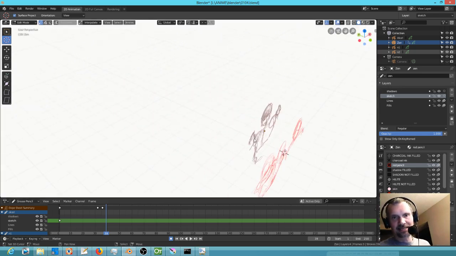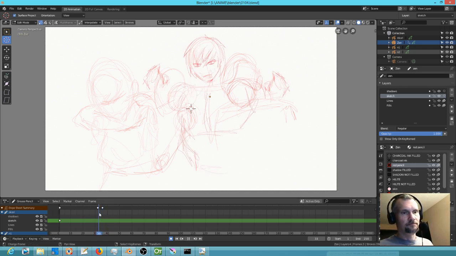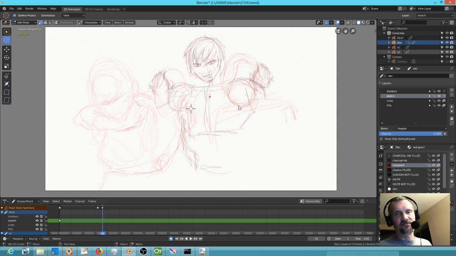See, his hands are not in fact in front of these guys. Now, of course, I could move them on the y-axis and then scale them down and put them in front of these guys, and that's probably what I should do, because what's going to happen is when I ink these guys and fill in all the colors and everything, they're actually going to be in front of his hands. So, an interesting conundrum. I think what I'm going to do is I'm going to just bloody well try to do the right thing here, which is going to be to grab his hands